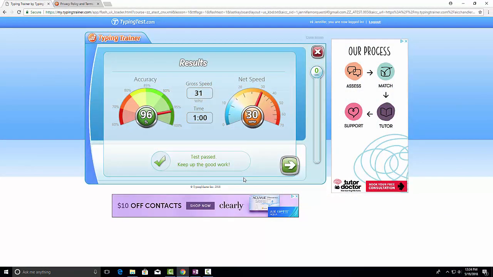So when you get your test results, it's going to give you an accuracy level. So for that test, I only had 96% accuracy. And my gross speed, so how fast I was typing, including my errors, is 31. My net speed, you'll notice, is only 30. And that's because I wasn't 100% accurate, so my speed was reduced to reflect the fact that I was not